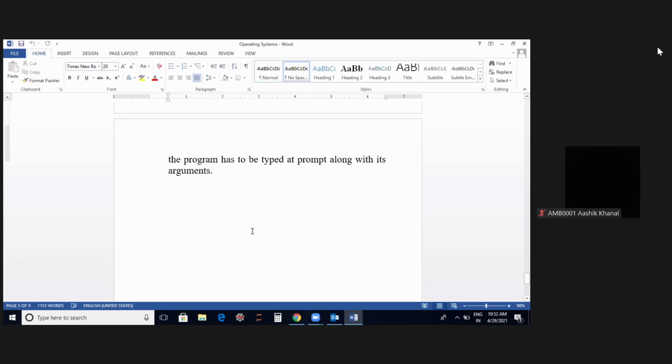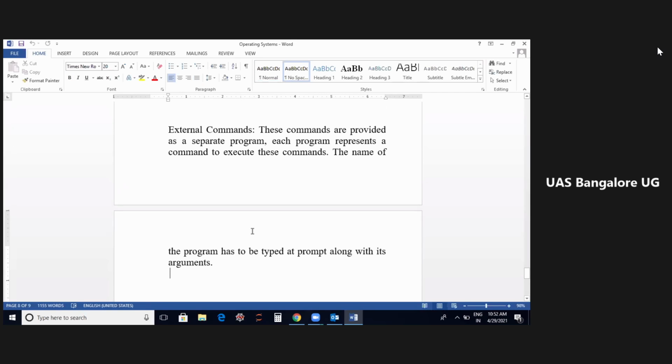Okay. So we were supposed to do the external commands, and we don't have much of the external commands. So we'll just see, say probably there are 1, 2, 3, 4, 5, 6 of the external commands. Okay. So we'll just see the 6 external commands, and then we shall proceed.